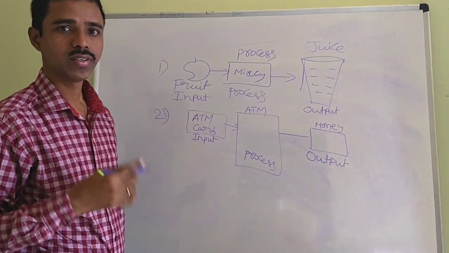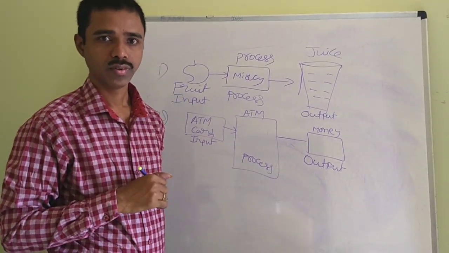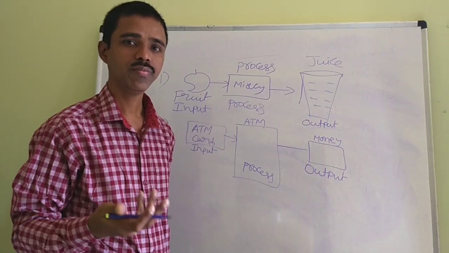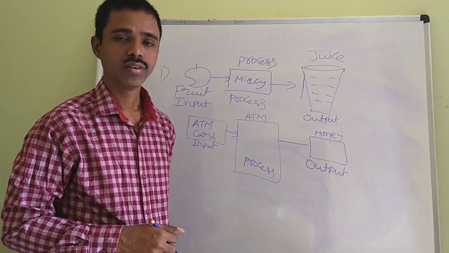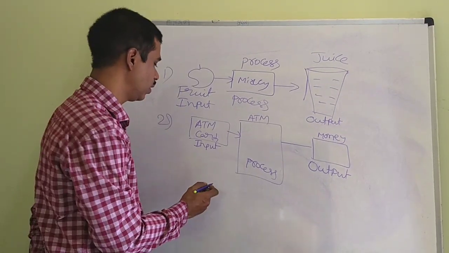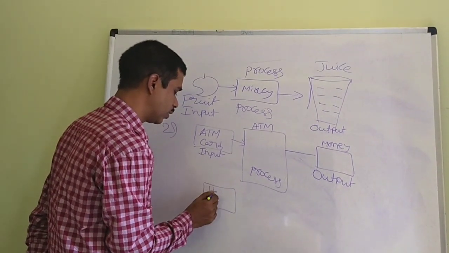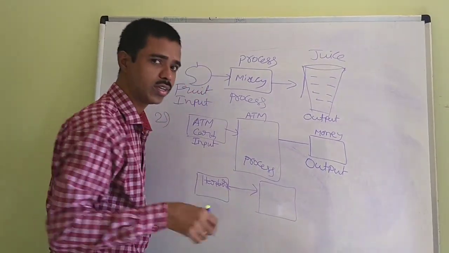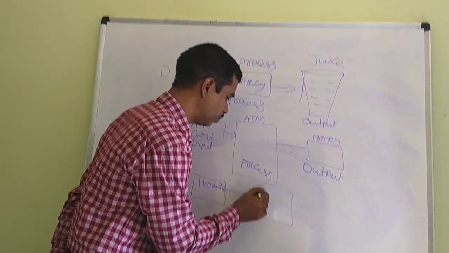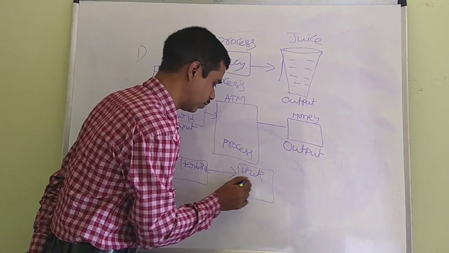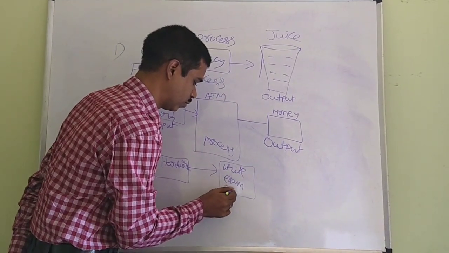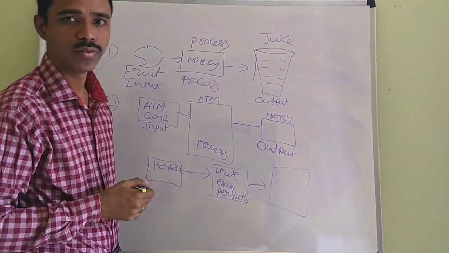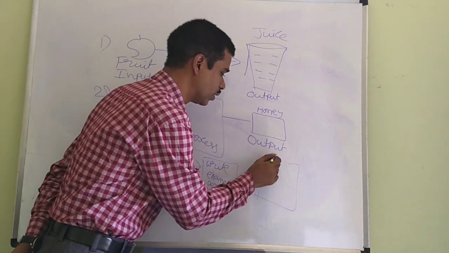Okay. Similarly, for example, if you want to get good marks in the exam, you need to do a lot of hard work. If you give the hard work as the input, you are able to write the exam very nicely, so that you will get the certificate with good marks. Yes or no? You can write the exam perfectly. After that, you are going to receive the memo with excellent marks. So this memo is called as output.